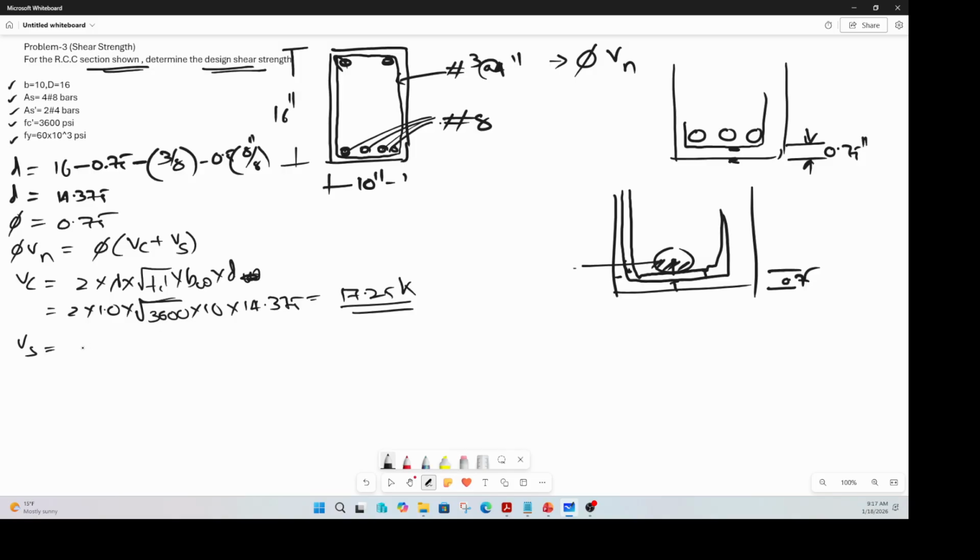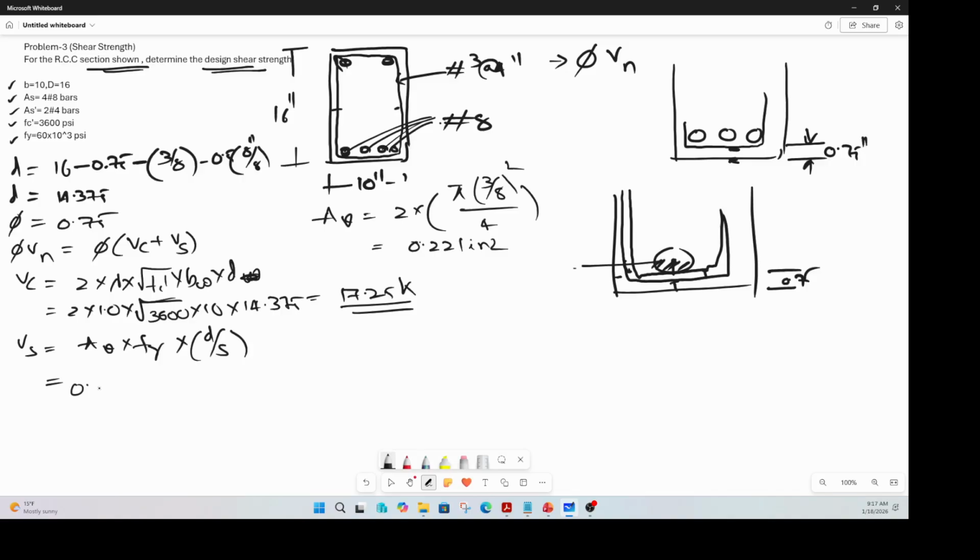Capacity of the steel is nothing but Av times Fy times d by s. We talked about all this in detail in the previous session. So Av, how many legs are cutting? The 2 legs that are cutting. So your Av will be 2 times pi number 3 bar, so 3 by 8 inch squared by 4. So that is 0.221 inch square. So use that Av value here, 0.221, times 60, times your effective depth 14.375, times